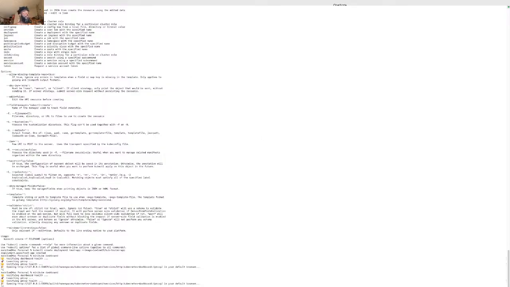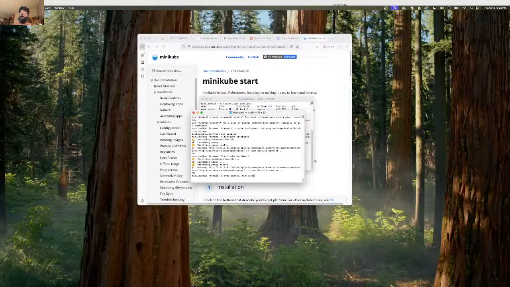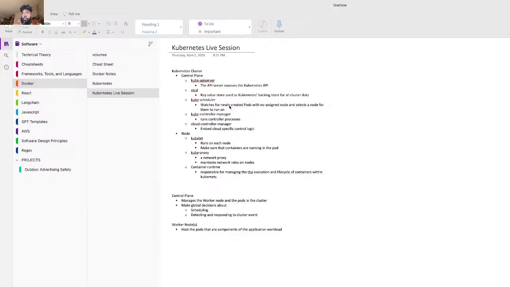Let's write these steps down, so I'll write down the steps that we took. That way it'll be really easy to replicate. Kubernetes live session. I'm writing all my notes here. So live session, getting started. All right, first step: brew install minikube. Once I installed minikube, the next step